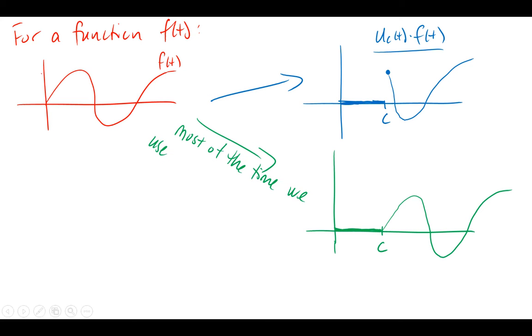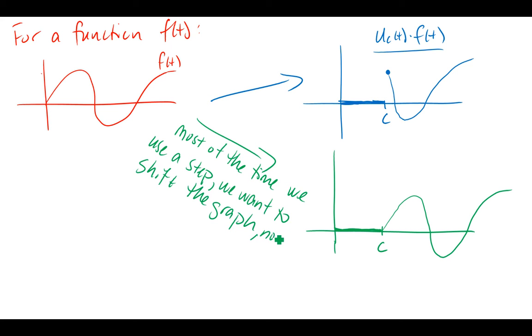Most of the time, sorry, I didn't mean to put a comma there. Most of the time we use a step, which is like a light switch. We want to shift the graph, not lop it off like in blue. All right? And in particular, what's actually nice about this is that, especially because this one starts at the origin,